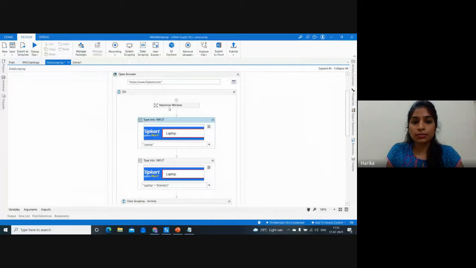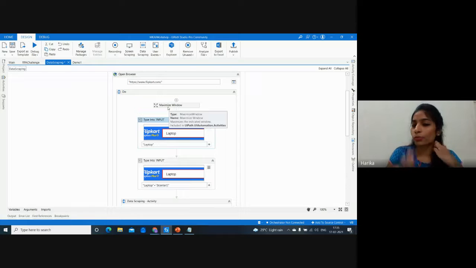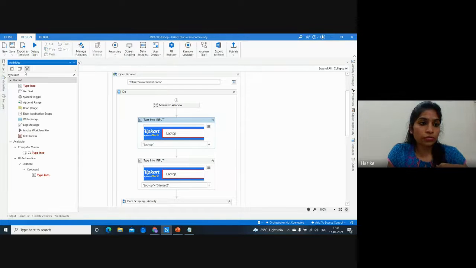We have certain small tips in order to reduce the time and the activities that we are using. Let's say if you're writing code, if you're from a programming background, you're very familiar that your code has to be concise, right? If you can reduce a piece of code, that definitely makes the code the best version of it, right? So I'm going to show you two approaches here.